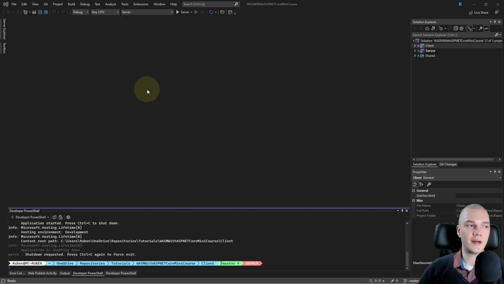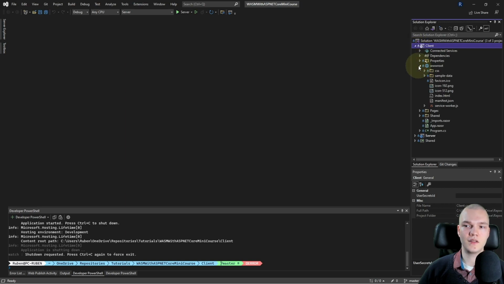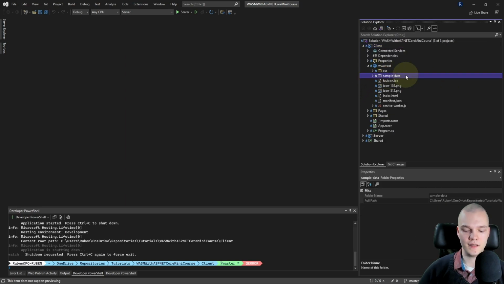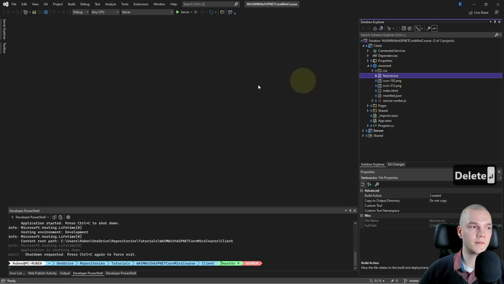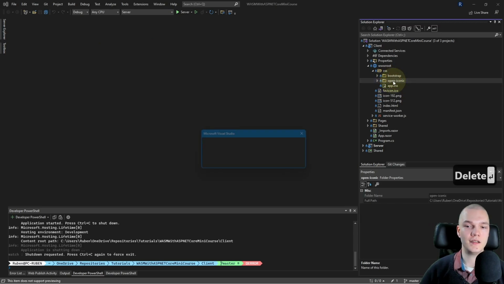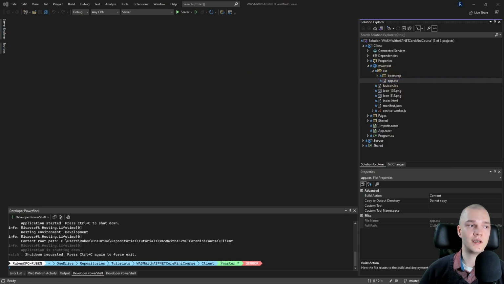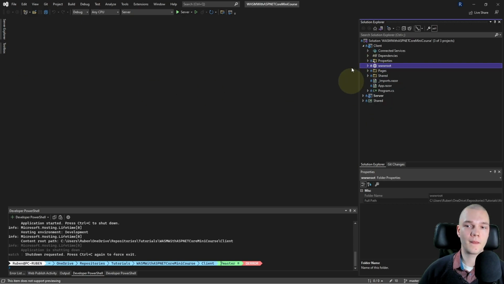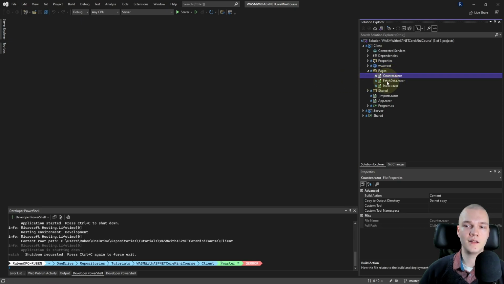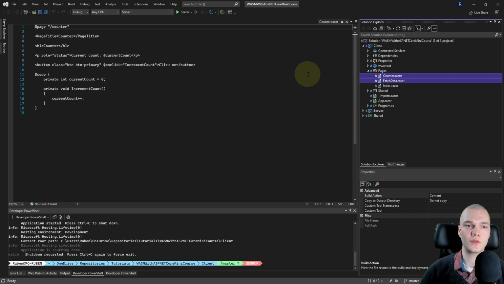Alright, to start off, I'll open client, root, and delete this sample data folder. So delete, enter. And I'm gonna open CSS and delete open-iconic. And here we can see that Bootstrap is imported by default in the Blazor templates. So in this mini course we'll use that. So I'll tuck it back in and go to pages, and I'm gonna delete Counter and FetchData. So Ctrl-click, delete,